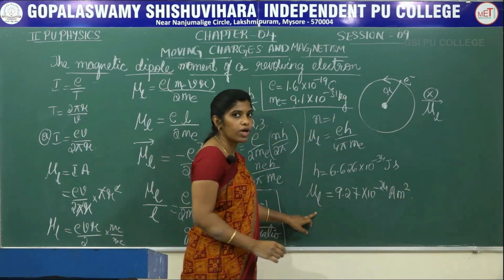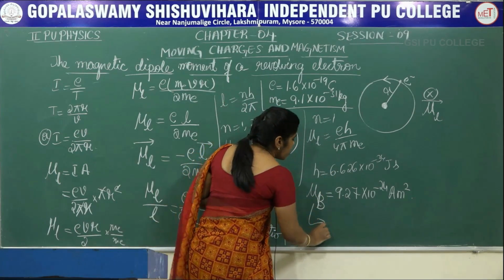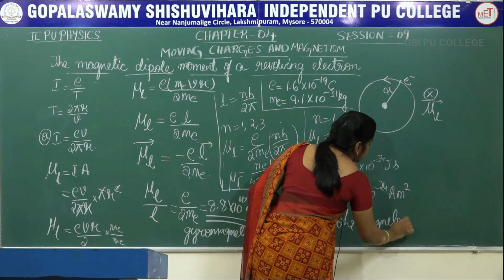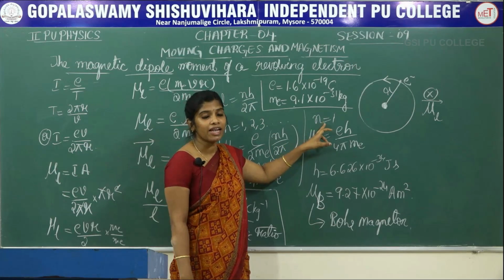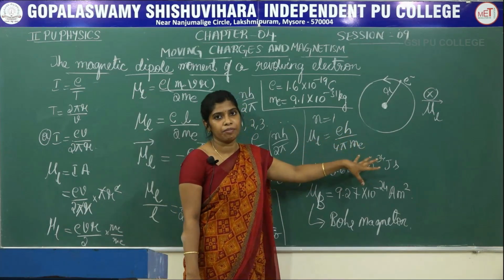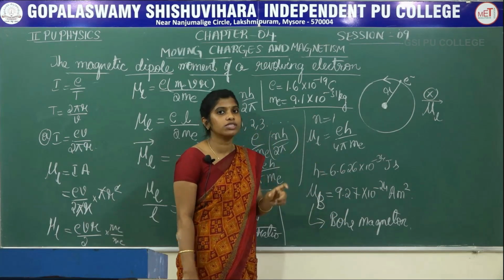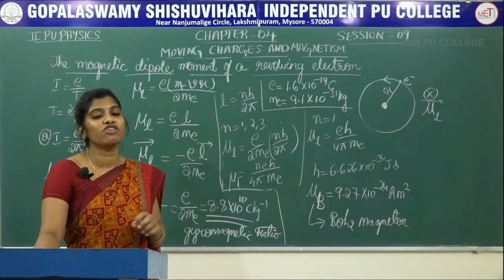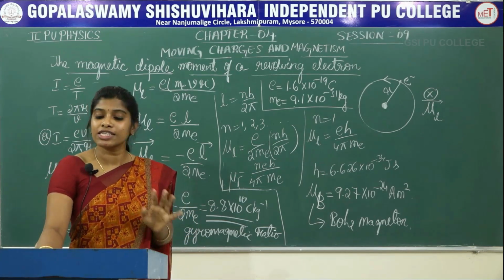This value of mu L is written as mu B, and it is called the Bohr magneton. In case of the Bohr magneton, you take the principal quantum number n as equal to 1, then mu B will be equal to eh by 4 pi me. If you substitute these values, the value you get is a constant, and this itself is the Bohr magneton. From this we have seen that an electron which is revolving around the nucleus just acts as a magnetic dipole. So this is the end of the class.